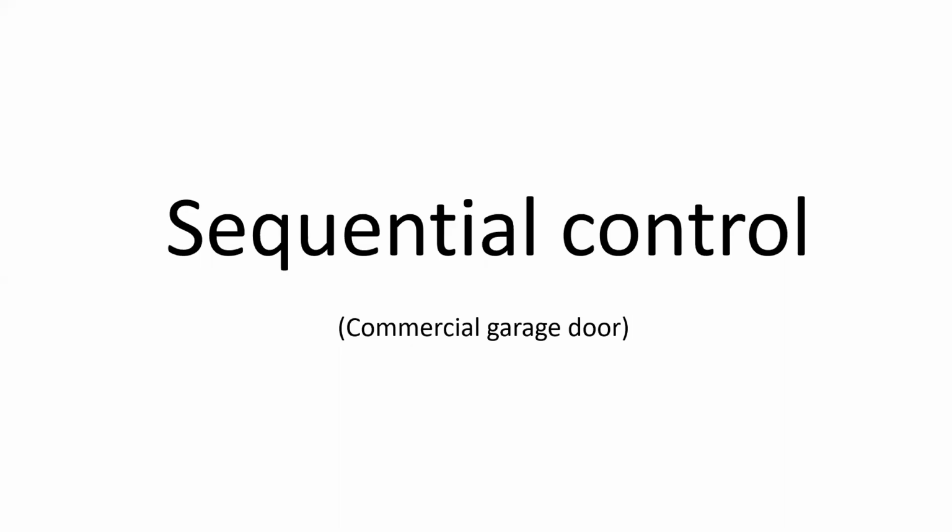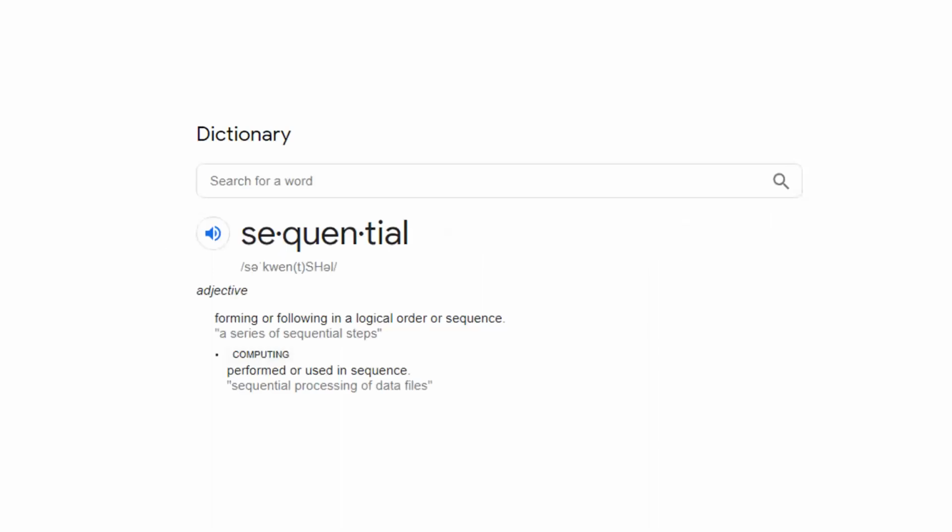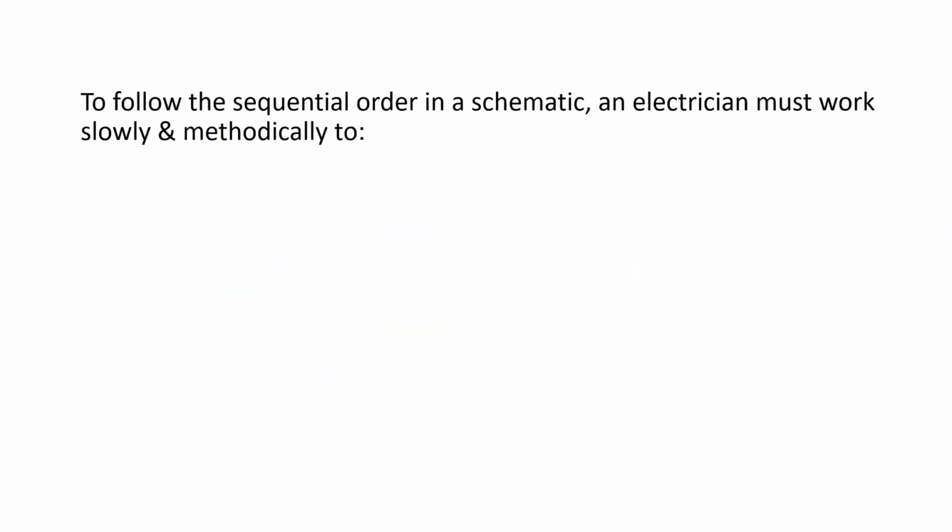Sequential control, commercial garage door. Sequential means the forming or following in a logical order or sequence. And when we apply this to electrical, to follow the sequential order in a schematic, an electrician must work slowly